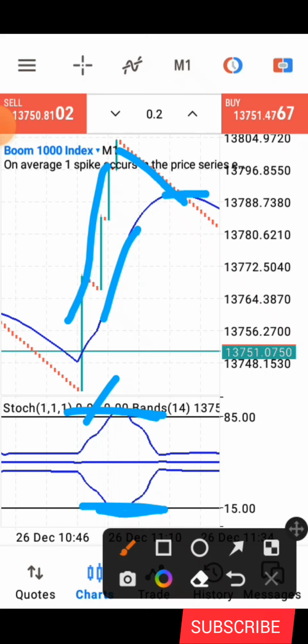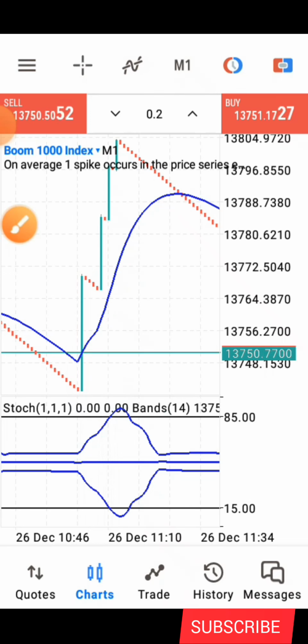You are not to stay longer than 5 candles. Immediately you enter, you start counting 1, 2, till 5 candles. Immediately the fifth candle closes, that is when you take your profit, and then you wait for another opportunity. The reason why I say this strategy is a bomb is that